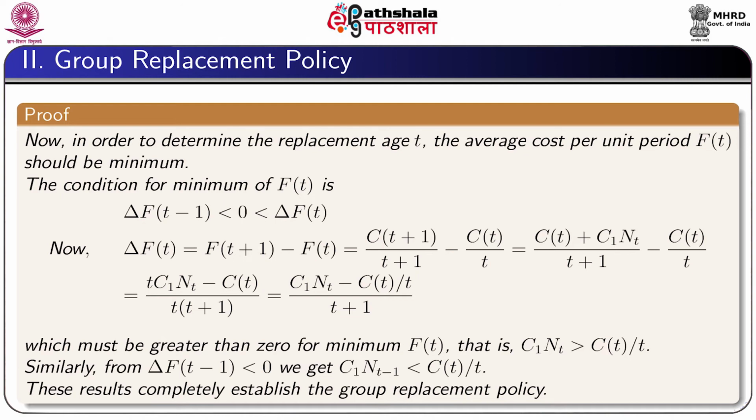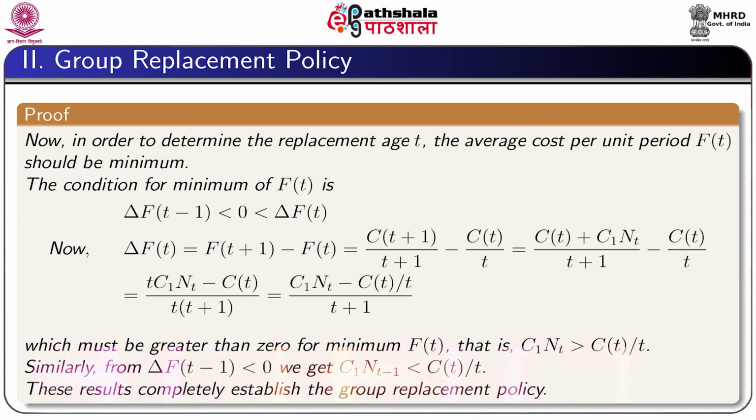After simplification, we get delta F_t equal to (C_1 n_t minus C_t by t) divided by (t plus 1), which must be greater than 0 for minimum of F_t, and this gives C_1 n_t is greater than C_t by t. Similarly, from delta F_{t-1} less than 0, we can get C_1 n_{t-1} is less than C_t by t,